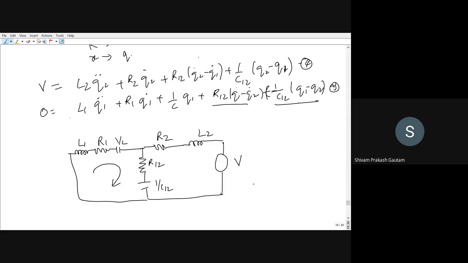If you apply loop analysis here, you will get the same equations which I mentioned. You can take a screenshot of this, and later you can apply loop analysis in both loops. From there, you will come to know that you can substitute I2 and I1, and then substitute the respective charges of both the loops. Then you will be getting the same equations. Is it okay now? Yes, sir.